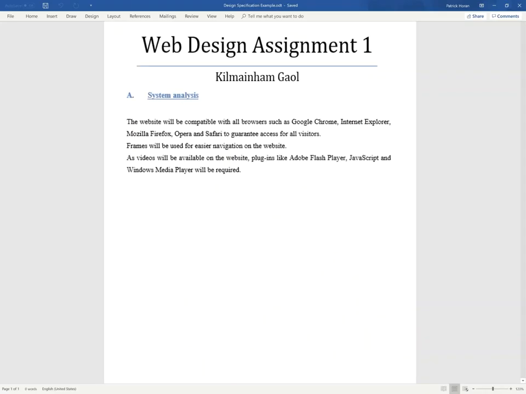Okay, so in this case here, when I look at Kilmainham Jail's example here, this is their system analysis. As you can see, it's a very, very short section, and you're dealing with here, it's compatible with all the main browsers. You don't even need to state which ones they are. You just have to make that statement that it's compatible with all the main browsers. Frames will be used for easy navigation, okay? So again, you get a point for that, and to get plugins here, and to get a point to say what the plugin